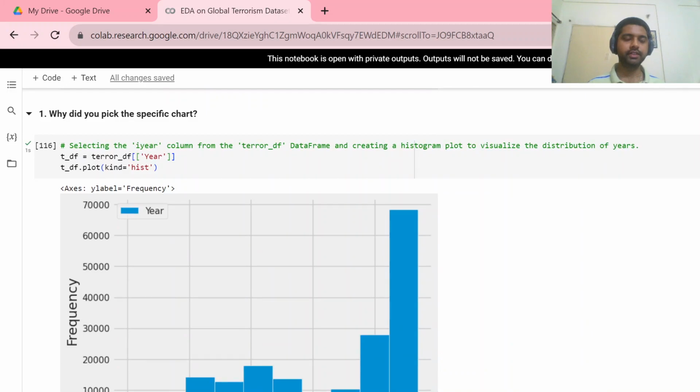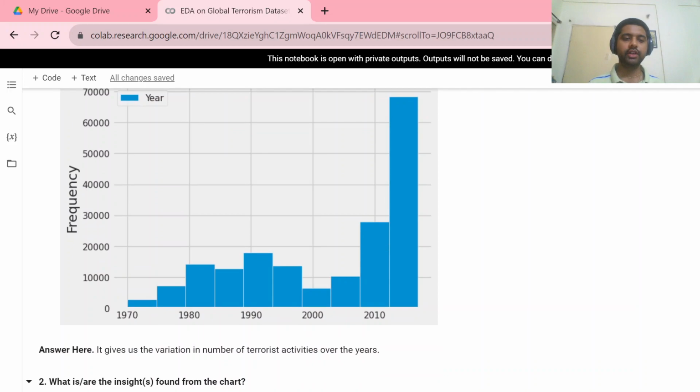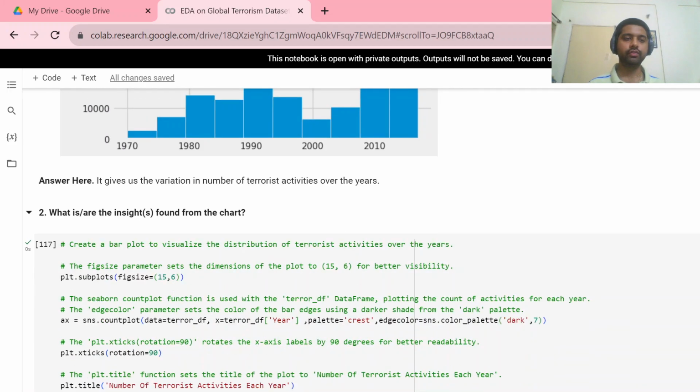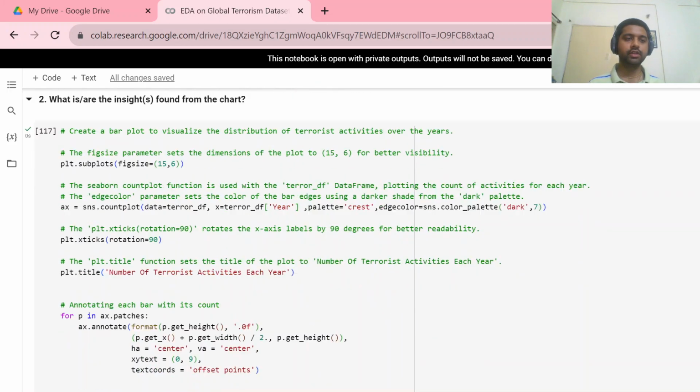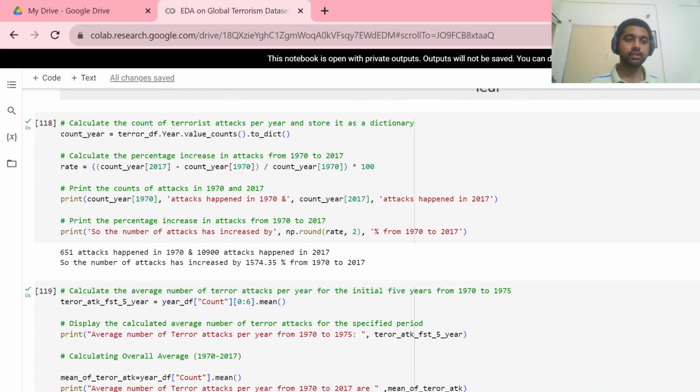Why did we pick this specific chart? Because it will give the variation in the number of terrorist activities over the years. Here, what insights we had found from this chart. So here we can see different